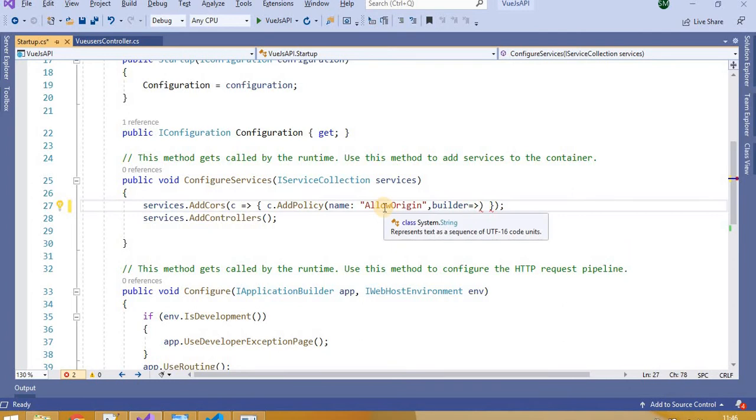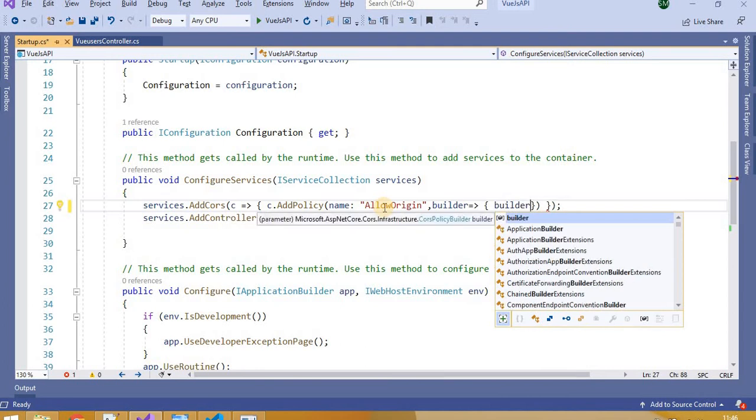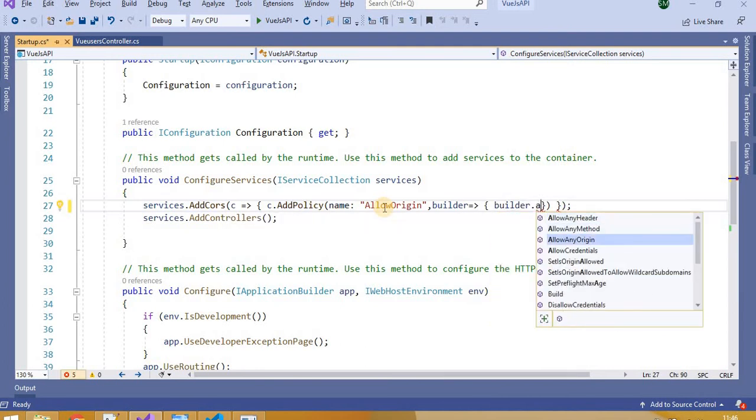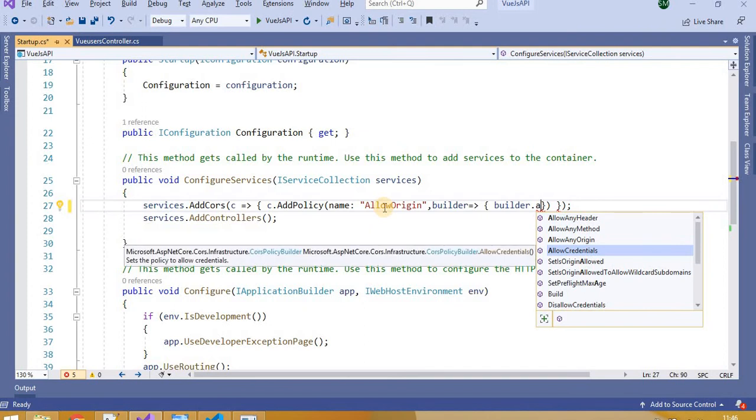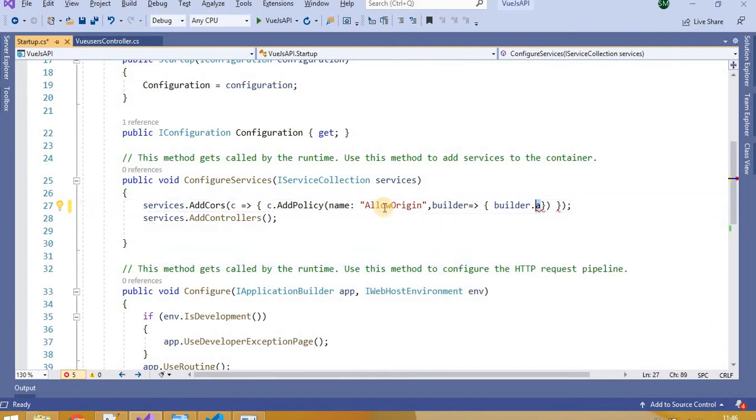In the builder we will provide the actual builder dot allow origin. Here we will define which origin is allowed, so we can copy it from here.